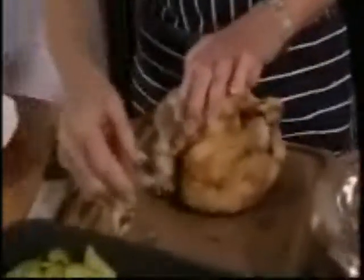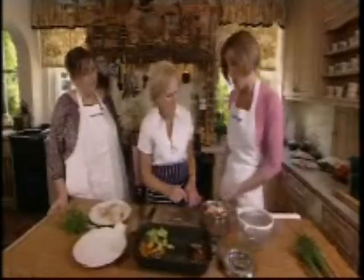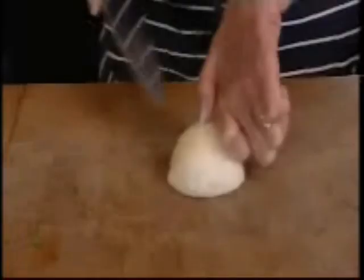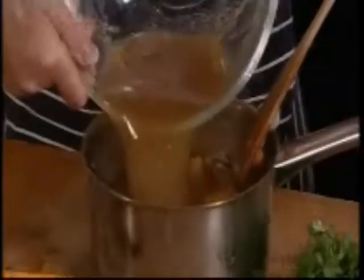First up, stock, which many people, including me, have forgotten how to make. Shame on us. Let's see, pull it apart like that and take the meat off. Can you fill it up with water about like that? With cold water? Doesn't matter what water it is. OK, got that. The stock's left to simmer,